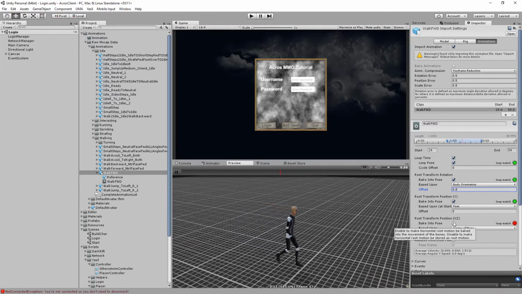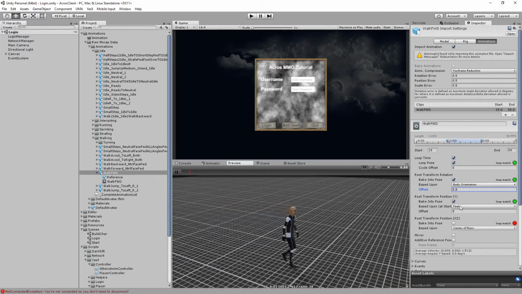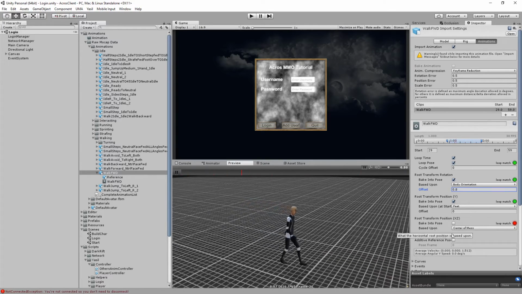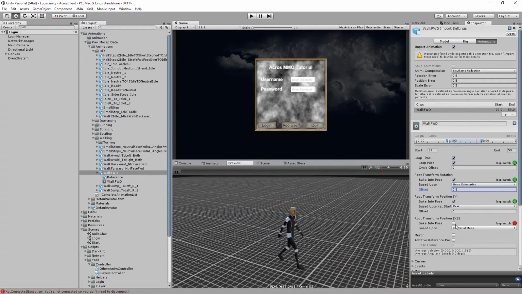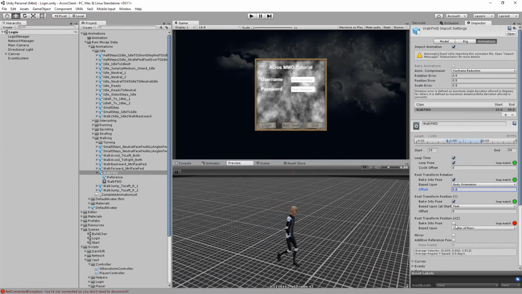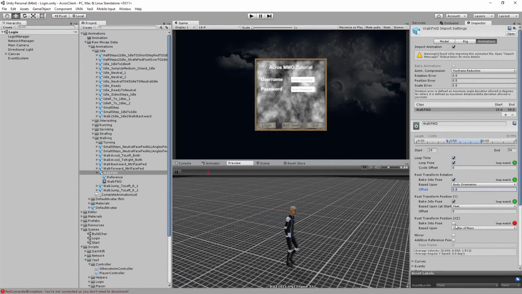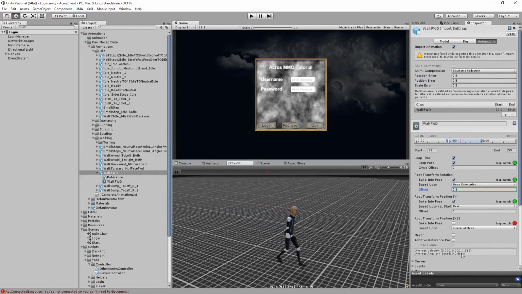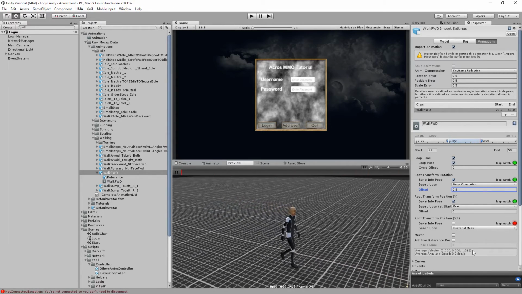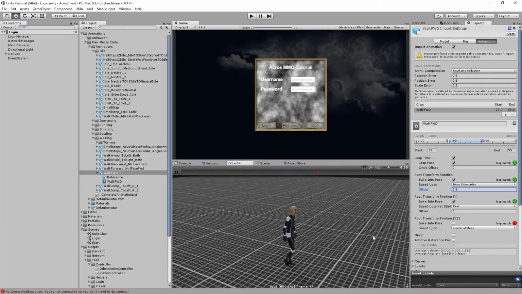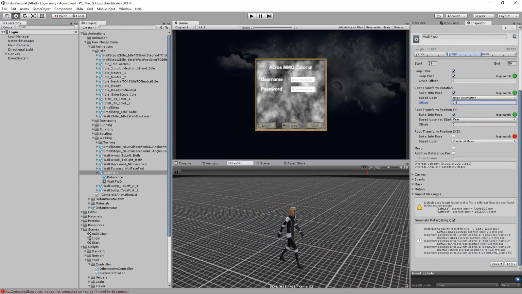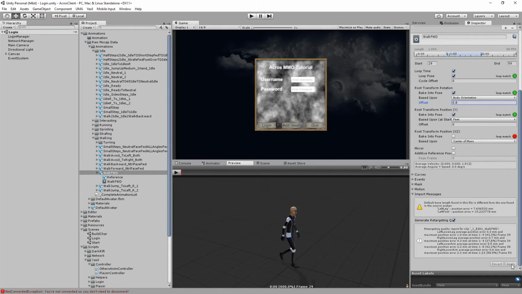Well, you really don't want to bake this position because of the root animation, and it says we have a velocity here from 1.5 into the y-axis. So let's save that, apply,